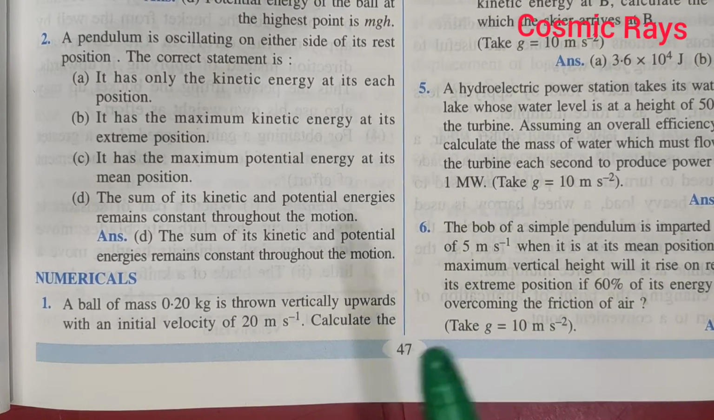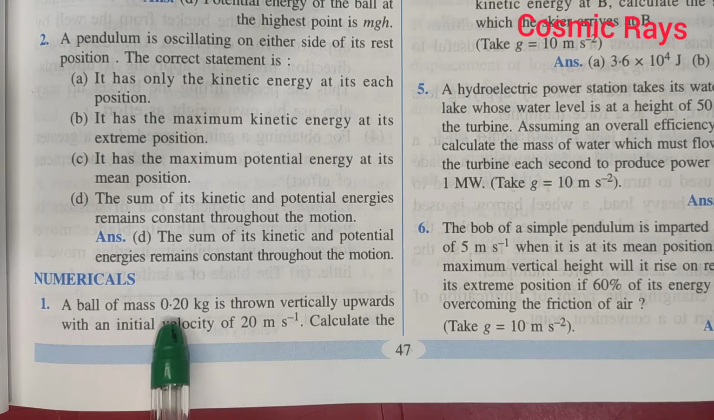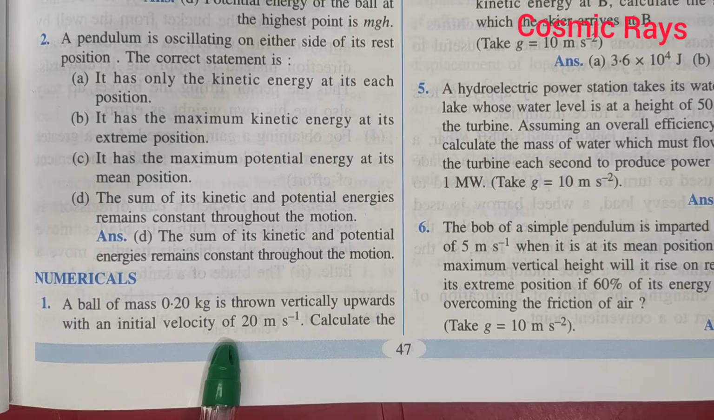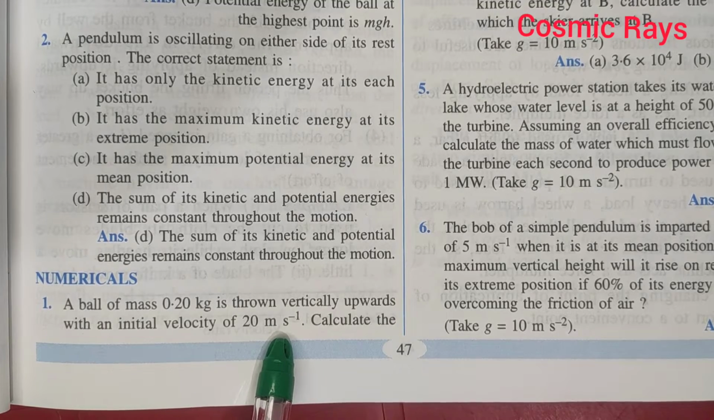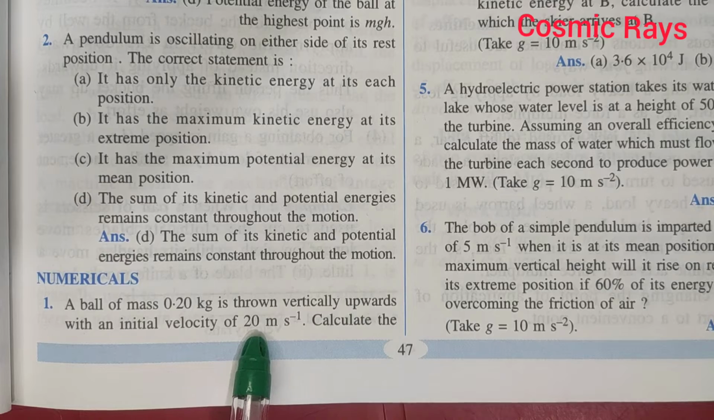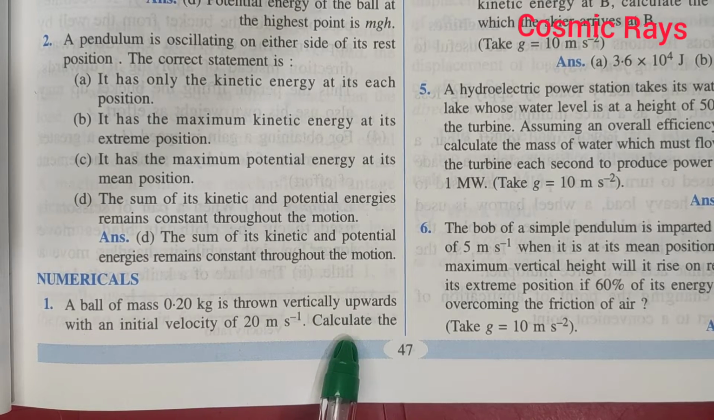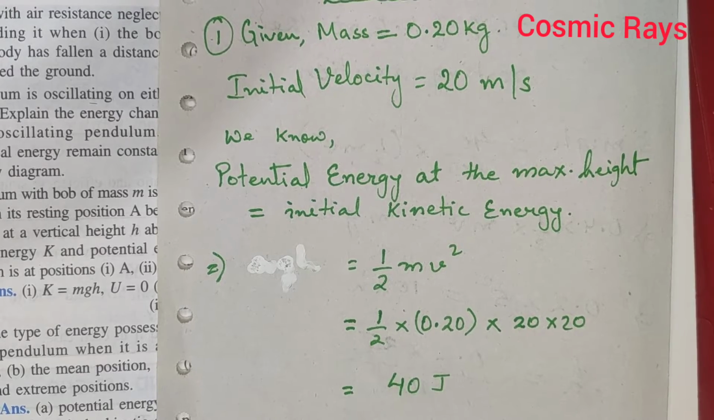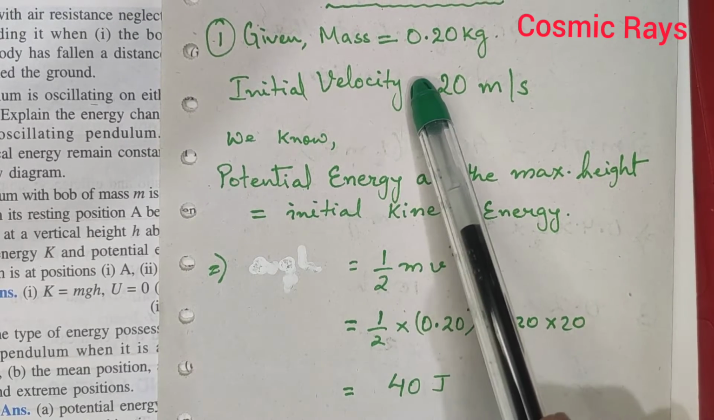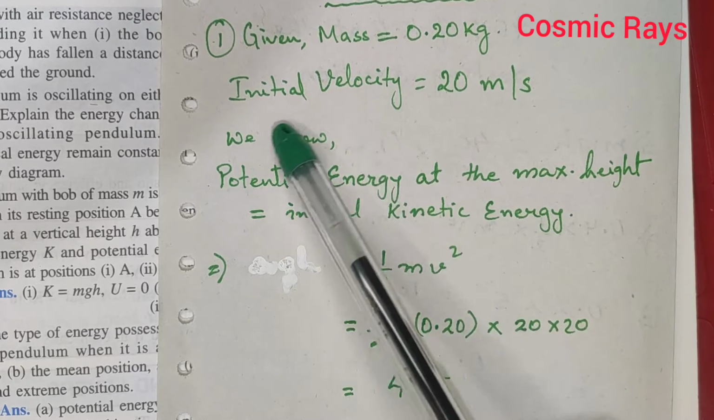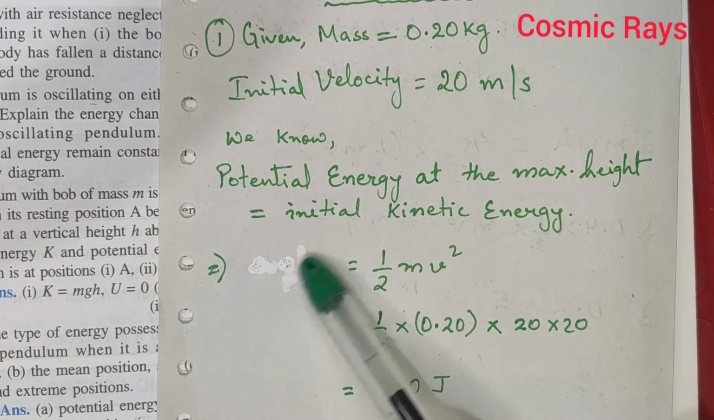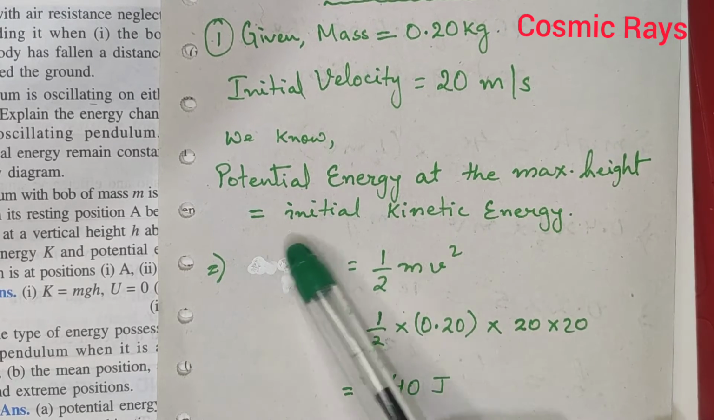So exercise 2C, the first numerical says a ball of mass 0.20 kg is thrown vertically upwards with an initial velocity of 20 meter per second. So we have been given the mass and the velocity. We have to calculate the maximum potential energy it gains as it goes up. So here you can see we have written the given things: mass is given as 0.20 kg, initial velocity is 20 meter per second, and we know that the potential energy at the maximum height is equal to initial